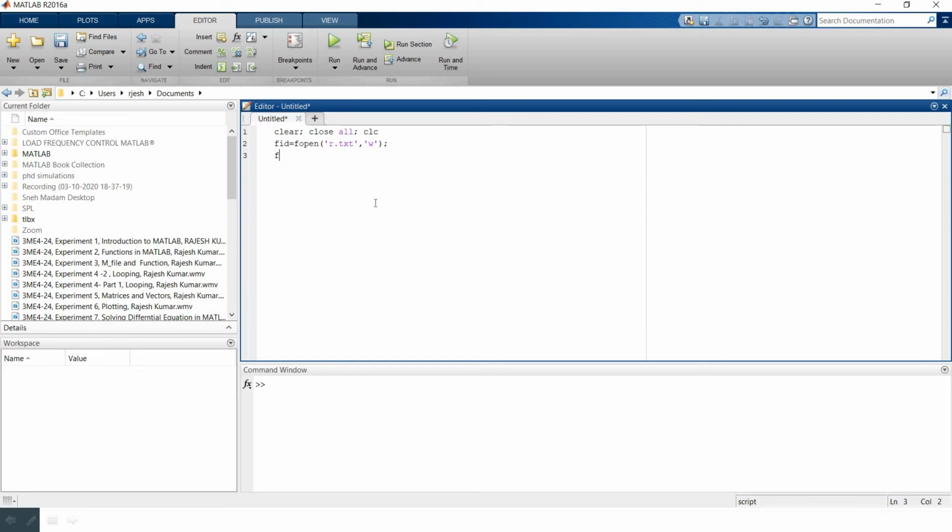So for that we will use fprintf(fid, 'hey there, welcome', followed by \n, which represents a new line.